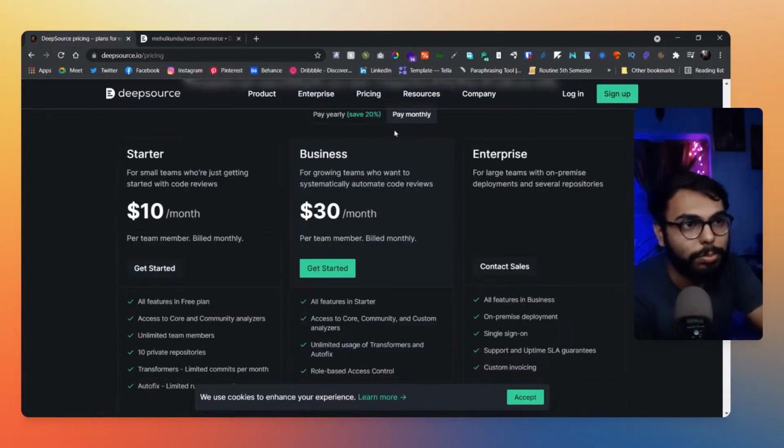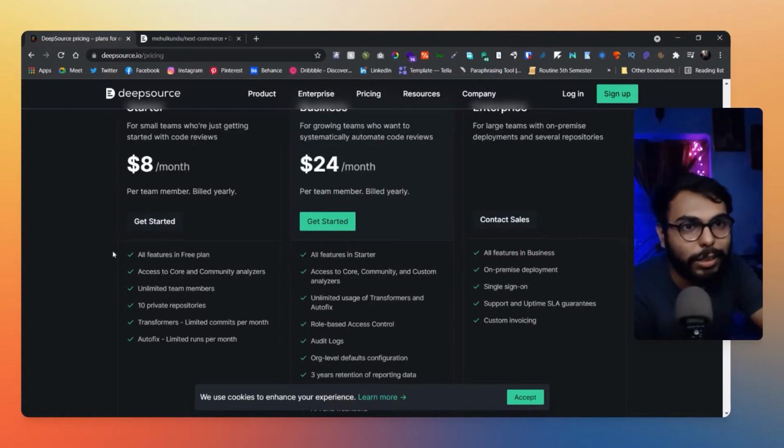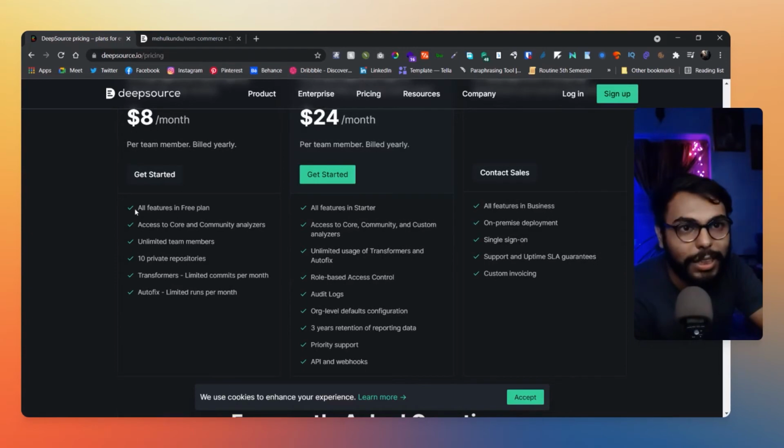Monthly pricing is a little bit higher, but we'll look at the yearly pricing and what extra features you are getting. Everything from the free platform, then access to core community analyzers, and unlimited team members, because obviously every team member you add, you have to add an extra $8 per month to the account.